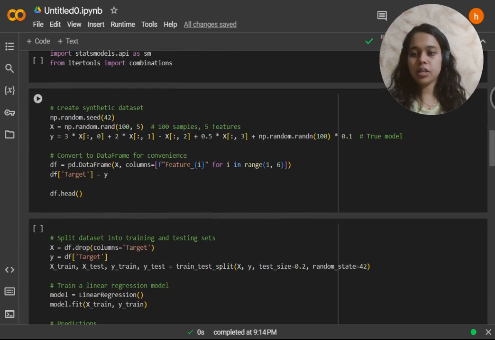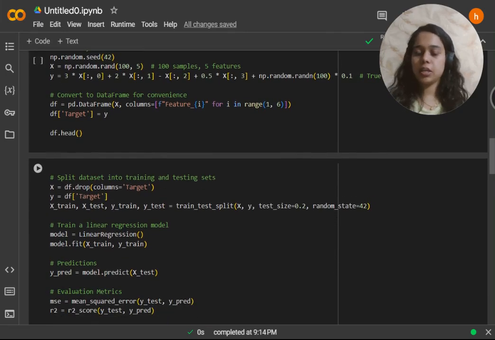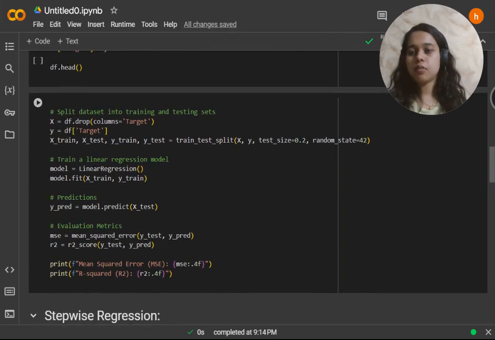Next, we convert to a data frame for convenience, with the target denoted as y, and then we are splitting the data set into training and testing sets.